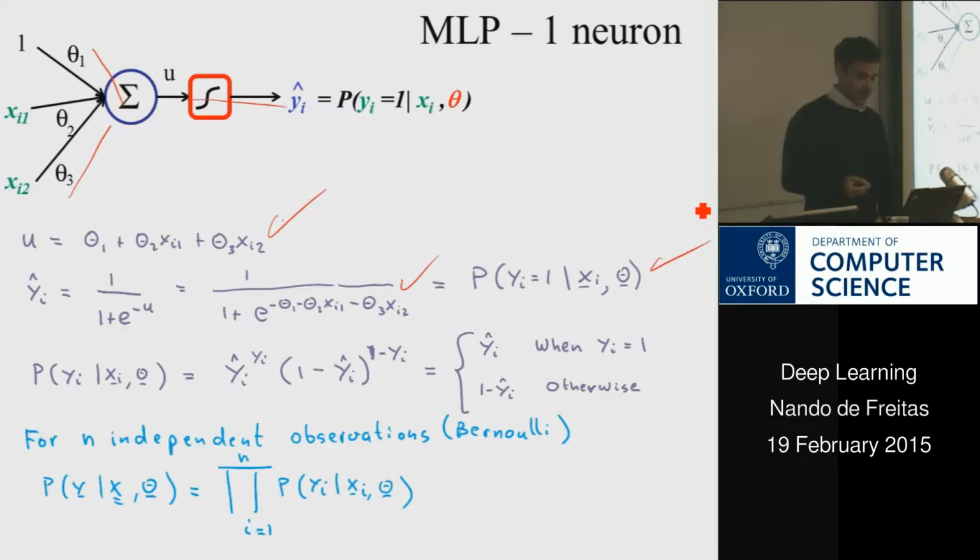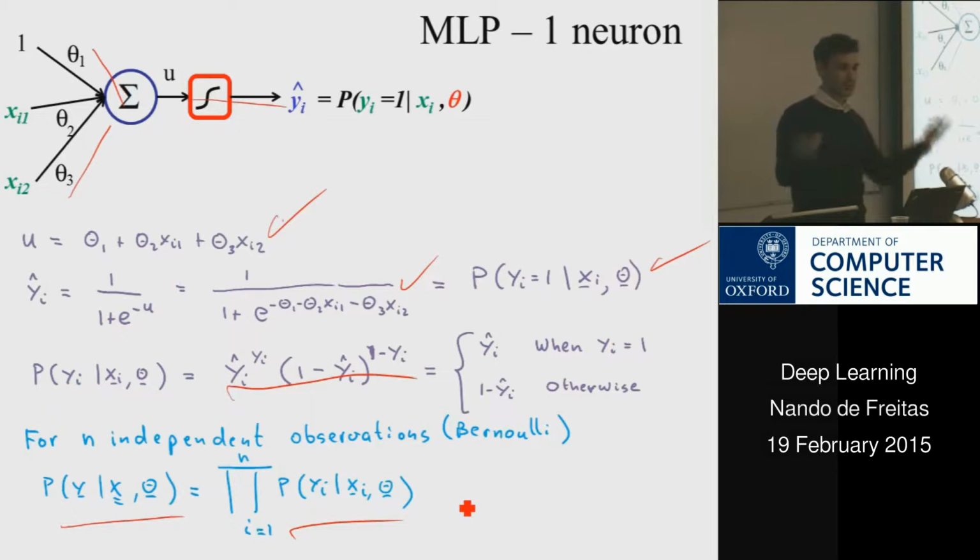And then if you have lots of data, we formulate the probability for a single point, and in order to get the total probability, because the points are IID, we do the usual trick. We multiply the individual probabilities. And if we take the negative log likelihood of this, we get the cross entropy, which is a measure of uncertainty, and we use that to optimize for learning the parameters theta. Given x and y, we learn theta. We have a way of saying whether something should be on or off.